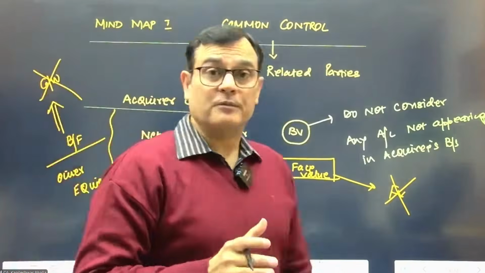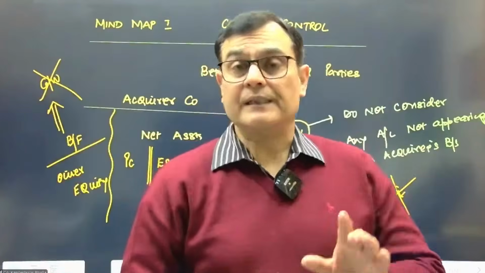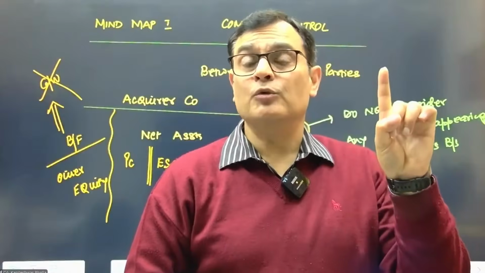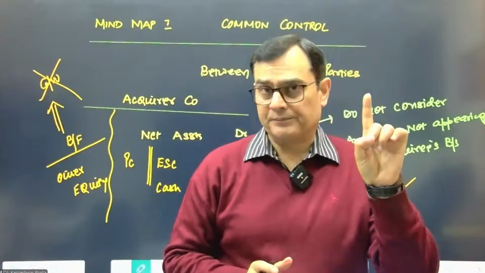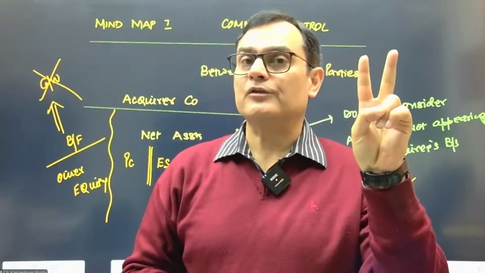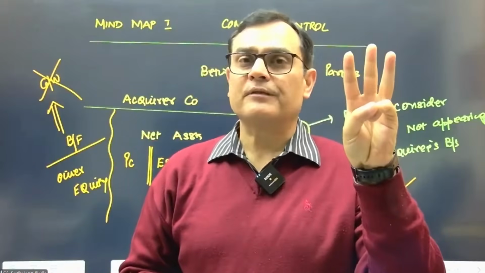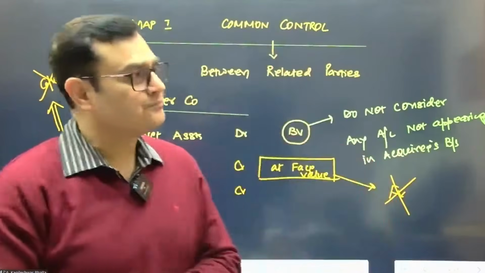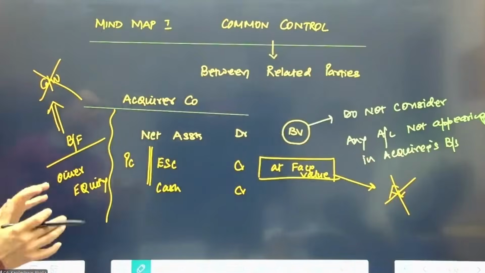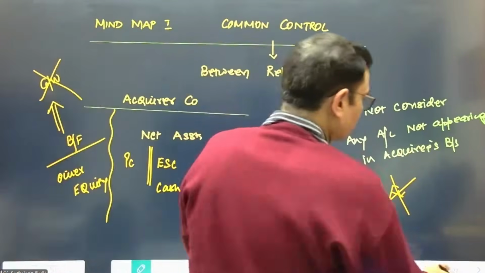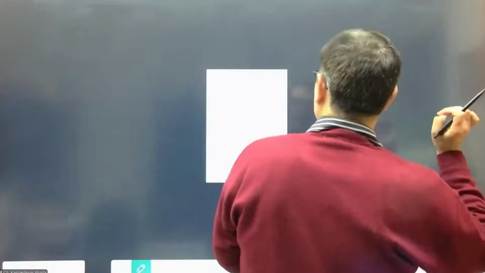Then in terms of common control, two, three focus points should be clear. When you consider the net assets, you need to take the book value. No new asset or liability will be inserted. The shares are recorded as issued at a face value and not a fair value, and the difference is never goodwill, but is adjusted directly in other equity. That's it. So this is on the common control part. I think let's do a question now on this area.